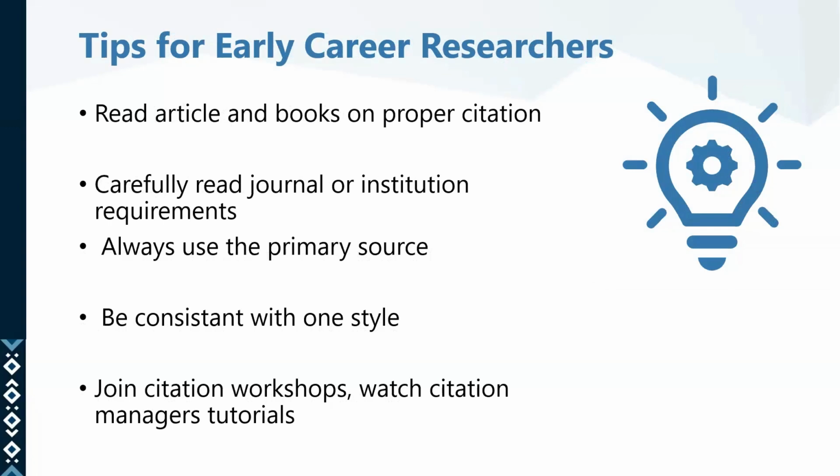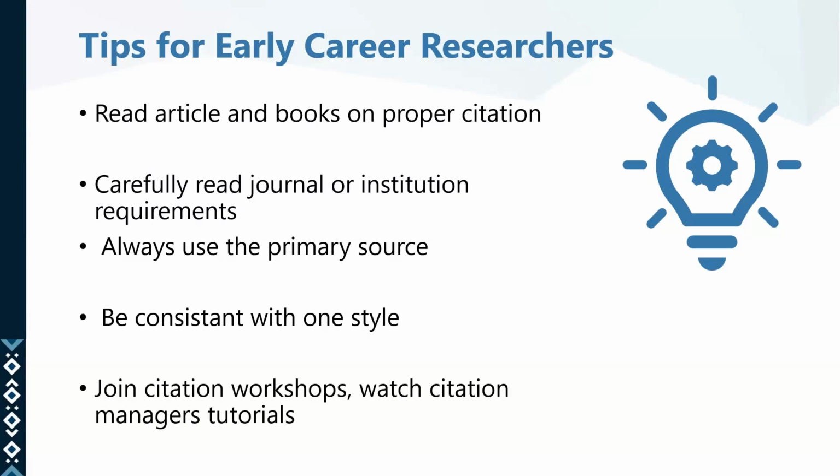So tips that we can give to early career researchers: first of all, when they engage in writing, they should read articles and books on proper citation. There are many of them that they can read. It's very important. It will help them, it will capacitate them, give them some skill and help them to pay attention to certain details. And also, carefully read journal and institution requirements, because all those styles that you have seen,